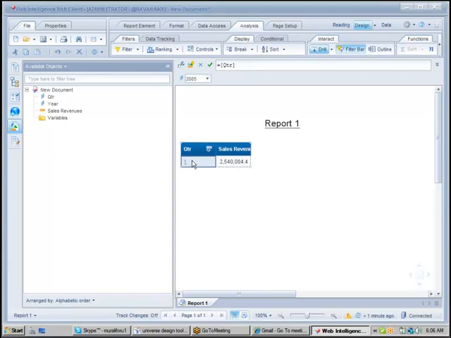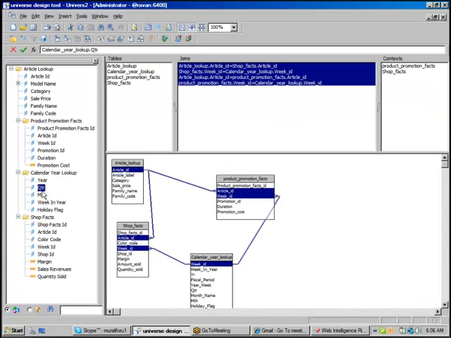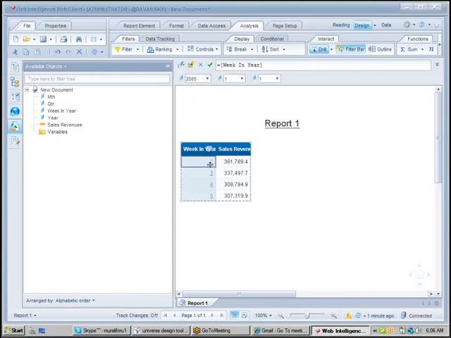If the user clicks here, it will go to the next level. When you go to Universe Design, the next level for the time period year is quarter. It will go to quarter. When you click on all years, it will display all quarters. I'm just selecting 2005, I have only 2005. Again, when you click on quarter 1, it will go to the months in the quarter. I have 1, 2, 3, 1, 2, 3. Again, when you click on month, it will go to week. When you click on week,